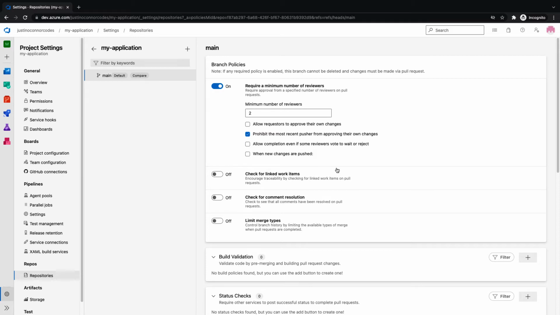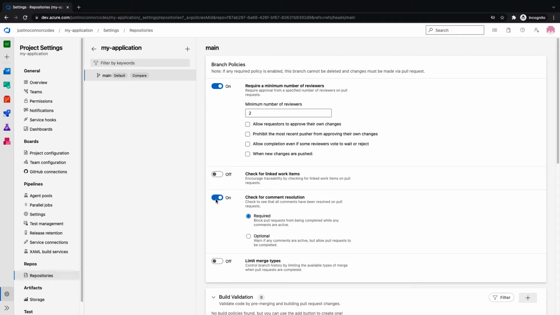changes themselves. I'm going to uncheck that for now because I'm the only person in this project and I will need to be able to approve my own changes. And then I never check really this allow completion, even if other reviewers vote to wait or reject. It's all or nothing, right? The approvers are the approvers, and if they approve, then you can merge, and if you can't, you have to